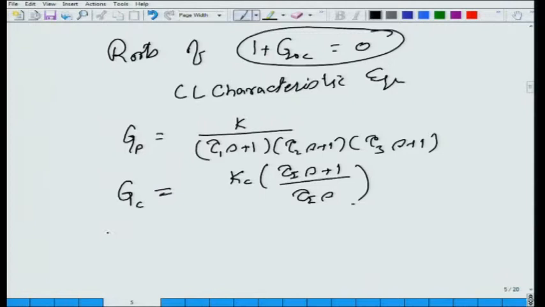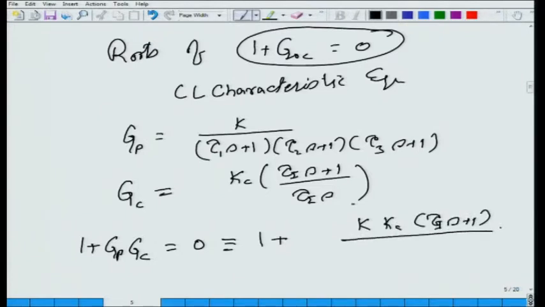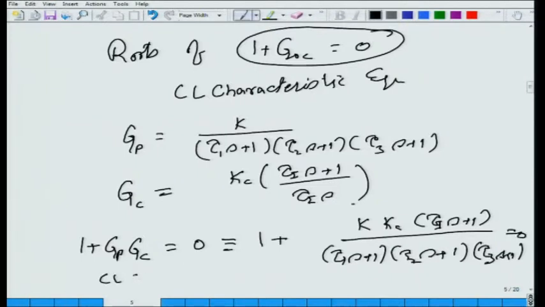So, then what you would say is 1 plus G_p G_c is equal to 0, which is equivalent to 1 plus k times k_c times (tau_I s plus 1) divided by (tau_1 s plus 1)(tau_2 s plus 1)(tau_3 s plus 1). And so what you will get is that your closed loop characteristic equation for this system is actually equivalent to